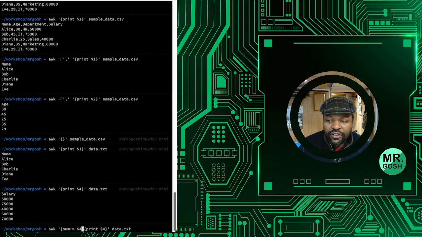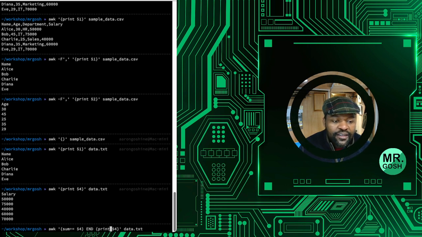So plus equal $4, that means for each line, it's going to append the value of column 4 to this variable. And then we have an end block,